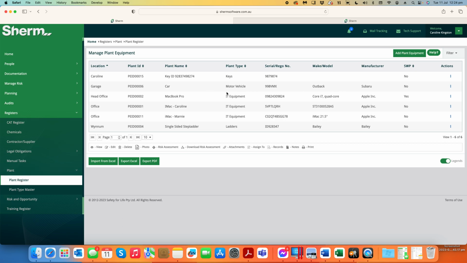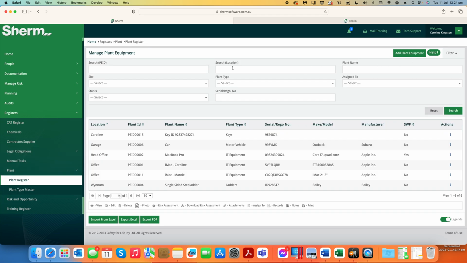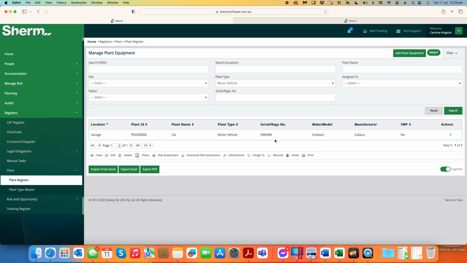Plant register. You can set up and have various types of plant in your register, which then enables you to filter by plant type. Now it'll only show you what plant type masters are active. So we might just go to vehicles. Now with the vehicle,